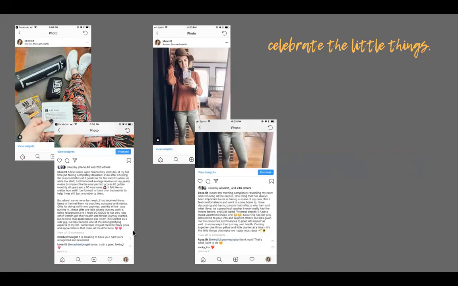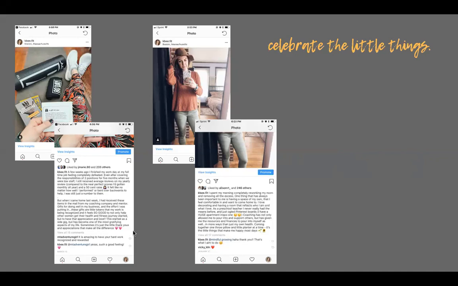It felt like no matter how well I performed or bent over backwards to help, I was still a number to them. But when I came home last week, I had received these items in the mail from my coaching company and mentor. Gifts for doing well in my business and the effort I was putting in. These gifts are little tokens that my work is being recognized,